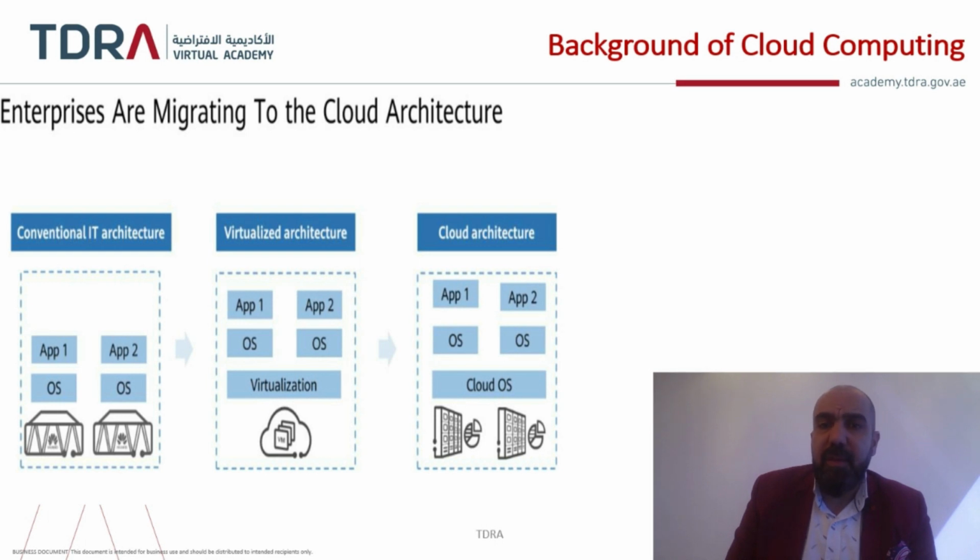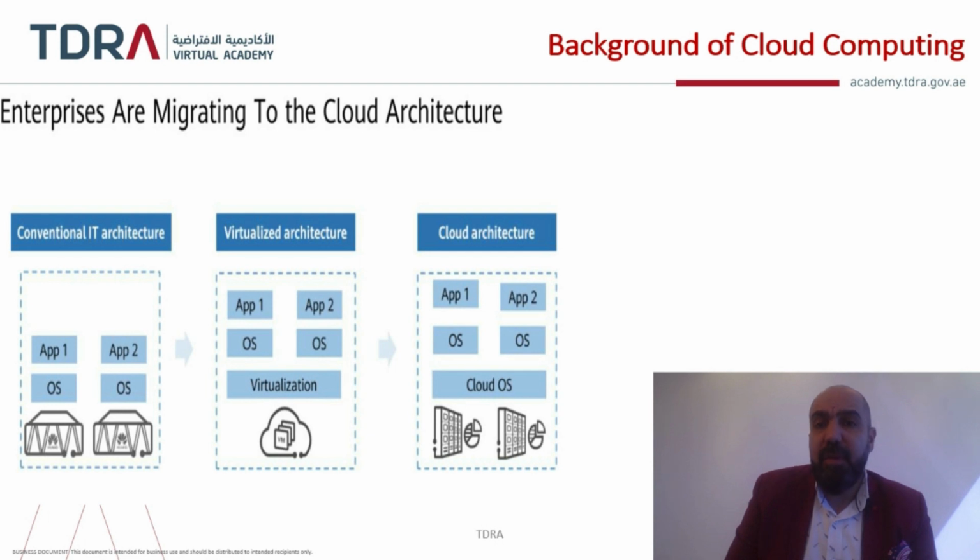Pay as you use. For example, I need a 1 terabyte hard disk, 8 GB RAM, and this much processor. Great. It will tell me, okay, this is what you require. Then I use this, and I pay. If I find that the hard disk is too small, I can increase it by another 500 GB, or 200 GB, or 1 terabyte. It depends on me. I just add it within simple seconds. It will be implemented, and after that, the bill will come to me at the end of the month, as per my usage.